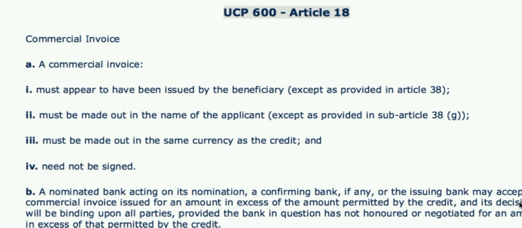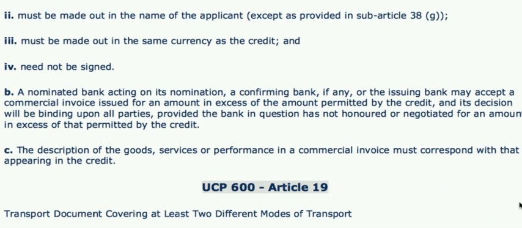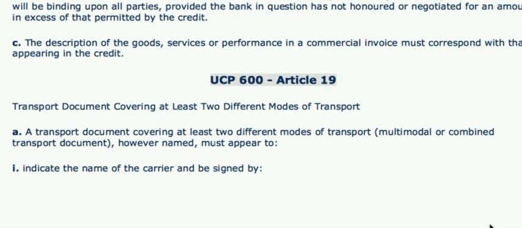There is a commercial invoice, and it must appear to have been issued by the beneficiary. Secondly, it must be made out in the name of the applicant, and third, it must be made out in the same currency as the credit. And it must be signed, and if required, stamped also. And all these factors and any other thing which is required to be mentioned in it must be mentioned as per the terms of the documentary credit, because all the documents are required to be as per the terms of the documentary credit. Then the transport document,